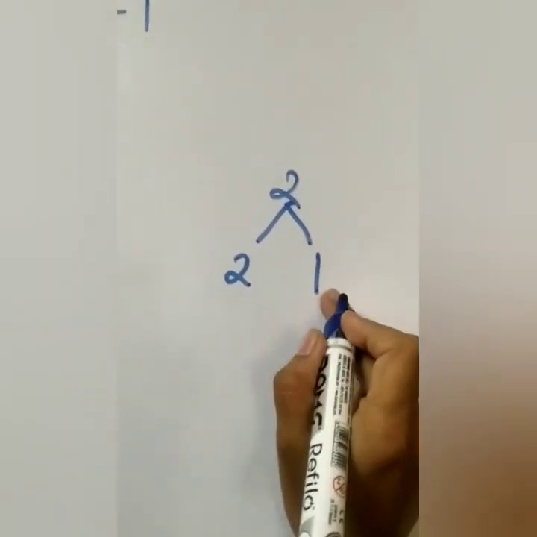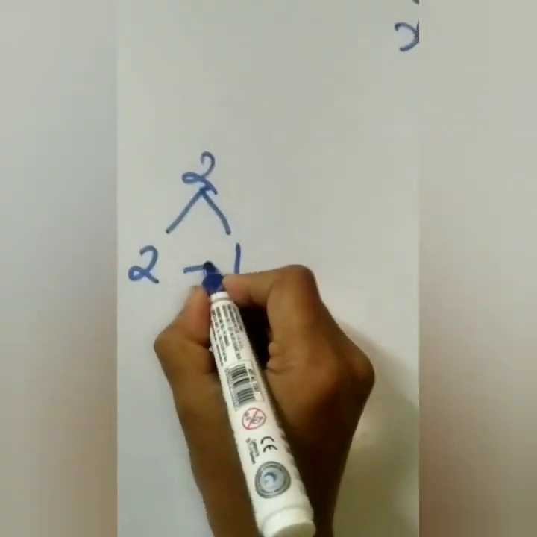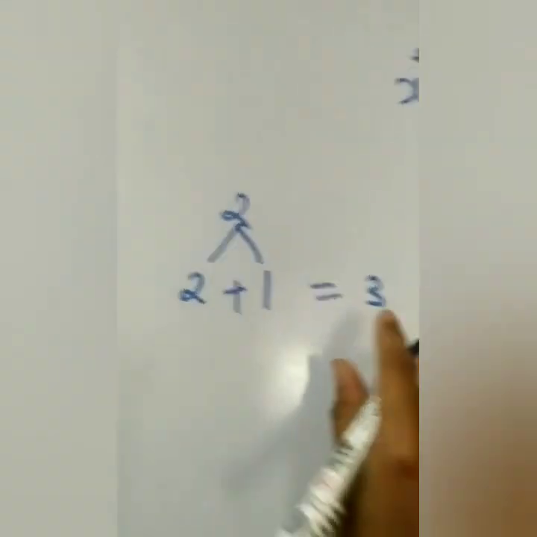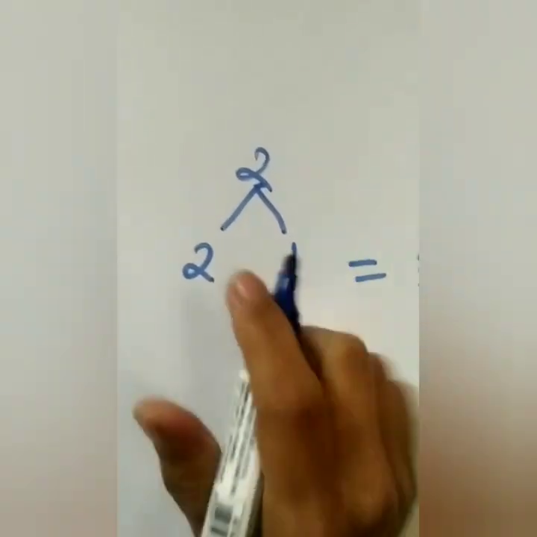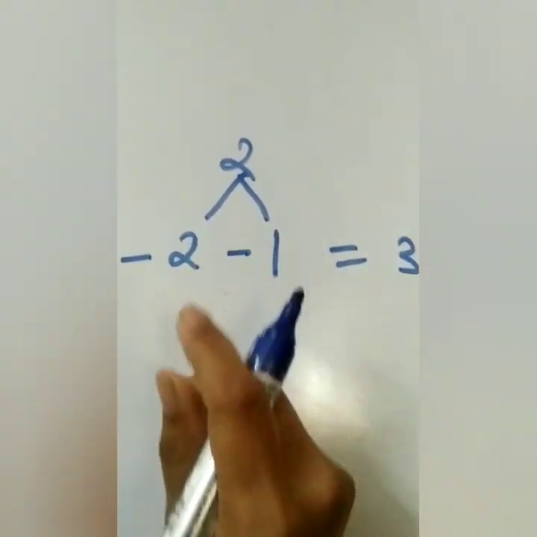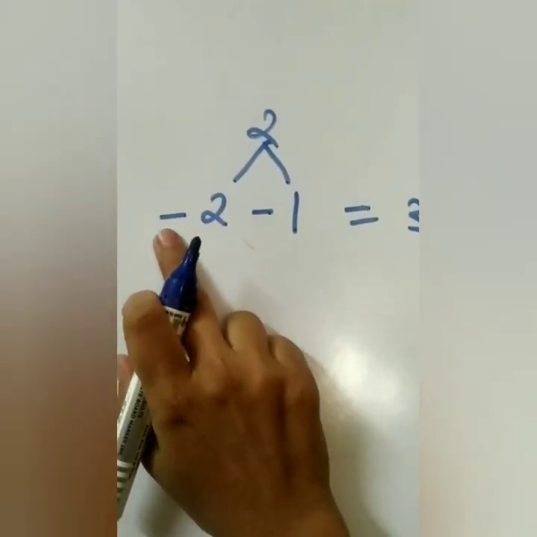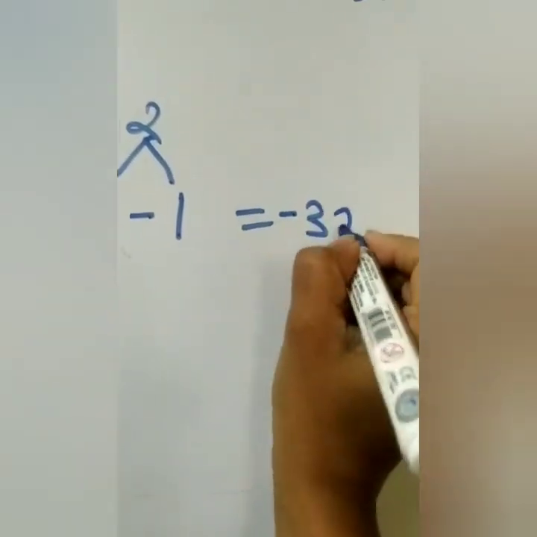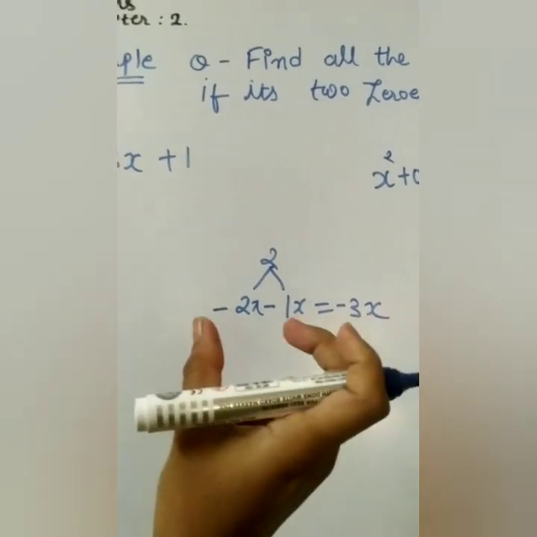If you are doing 2 ones are 2, you have to add it, because here the symbol is add. So if you are adding it, you are getting 3. Okay, you got 3, but you want minus 3. So the simple thing you will do is minus and minus. Minus minus eventually becomes plus, but the symbol of the greater number is minus, so you are keeping minus over there. Meaning you split this minus 3x in this form.